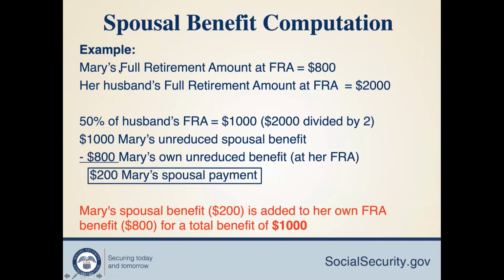So let us say spousal benefit computation. This is self-explanatory, but I'll go through it anyway. Mary's benefit at FRA is 800, whereas her husband's was 2,000. They do all the calculation and finally get 1,000, which is 50%. So whichever is higher, 1,000 or 800, and 1,000 is more than 800, they will pay either her own benefit or 50% of the benefit they will pay the husband.